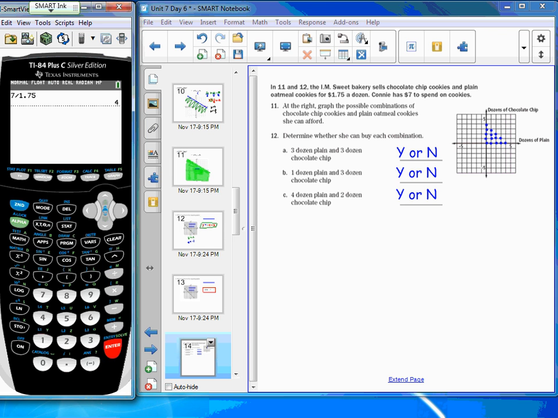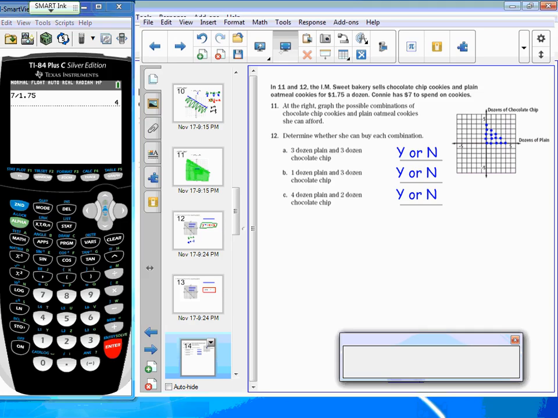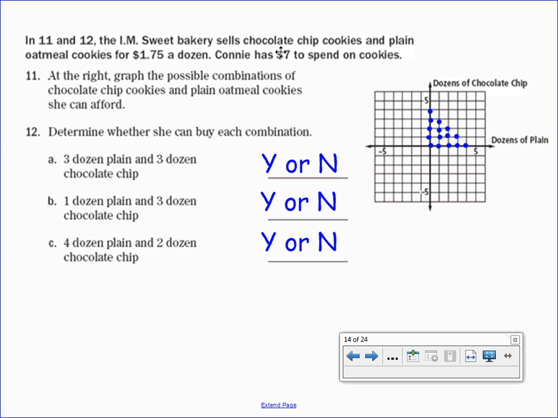So it looks like 4 dozen is the most you could purchase, right? And this way we can determine my feasible points. If we can't buy a portion of a dozen and are restricted to buy whole dozens, she could buy up to 1, 2, 3, 4 dozen plain oatmeal, or up to 1, 2, 3, 4 dozen chocolate chip, or a